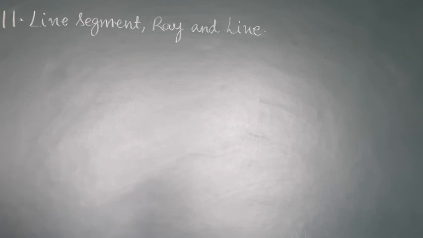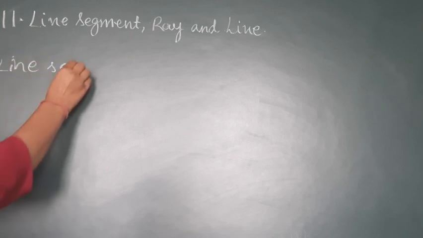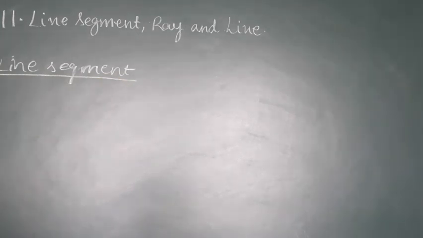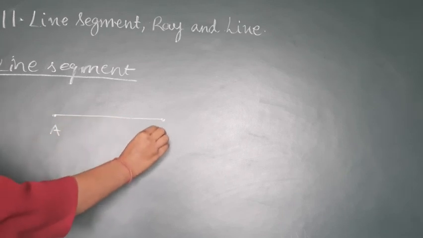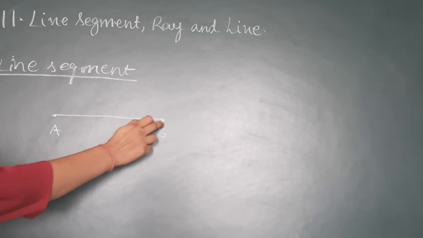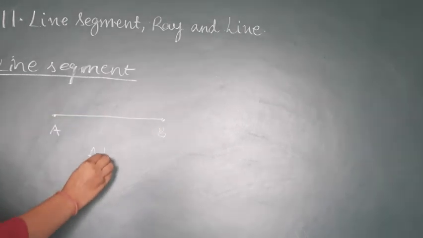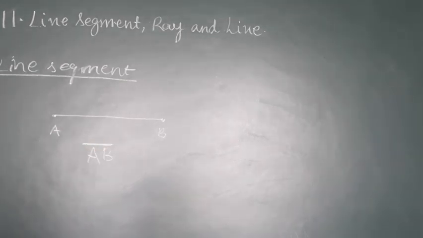And how do we draw a line segment and how do we represent a line segment? A line segment always has a fixed length. Fixed length is there. That means you can measure it, okay? If I talk about a line segment, you can measure it. For example, AB, this is a line segment. It is having how many end points? Two end points, right? And how do we represent a line segment? We represent a line segment like this, AB, and there will be a line on AB. So this is how we represent a line segment.